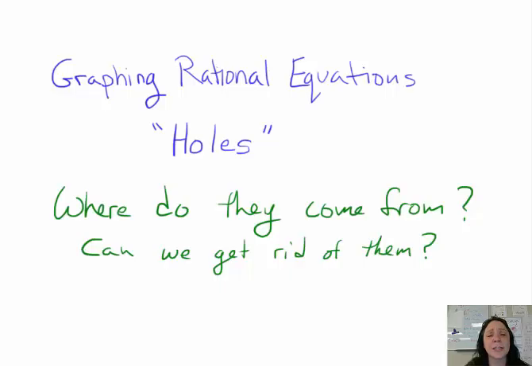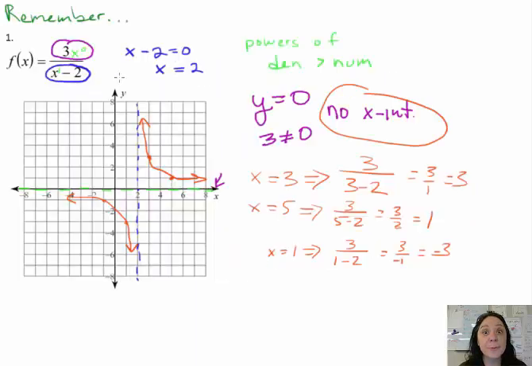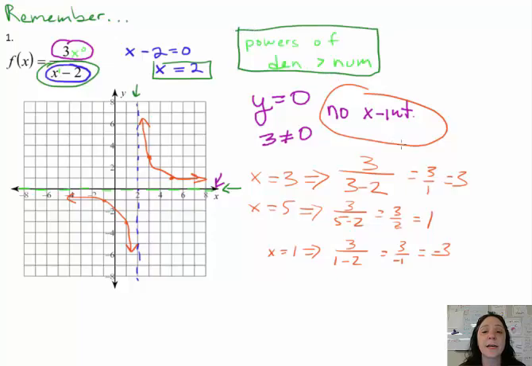So let's start by looking at a problem that we've looked at before. Problem 1 from the last video. Remember problem 1? We had a fairly easy problem here with a vertical asymptote where we'd have division by 0 at x equals 2. And we have a horizontal asymptote on the x-axis because the highest power of the denominator is greater than the highest power of the numerator. There's no x-intercept because 3 is never going to be equal to 0. And we did a whole bunch of work that found our curves to be right along here and right along